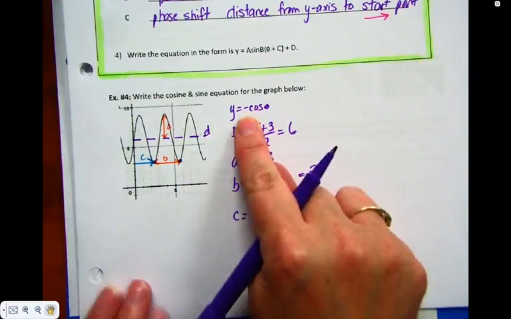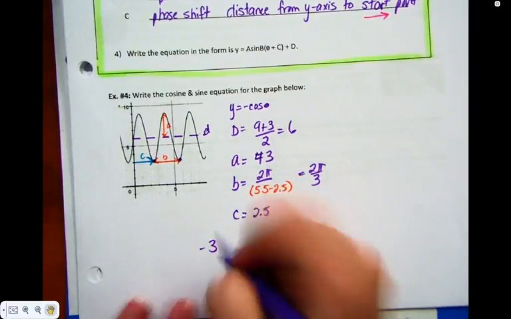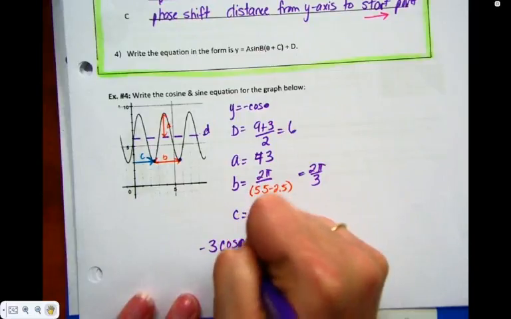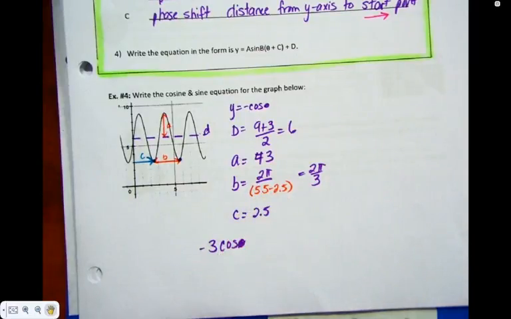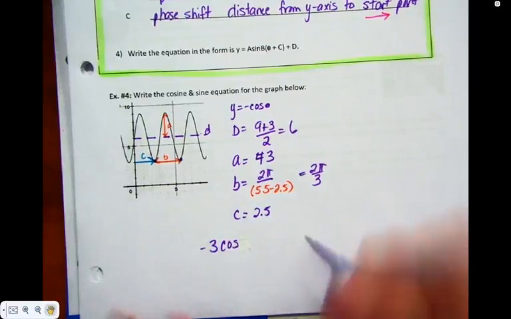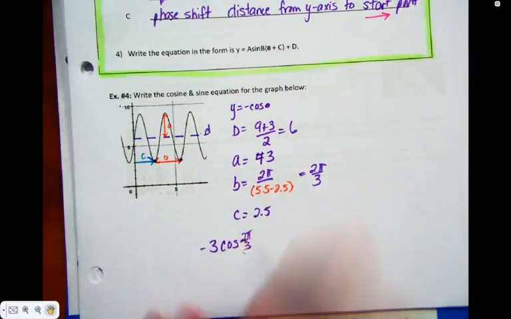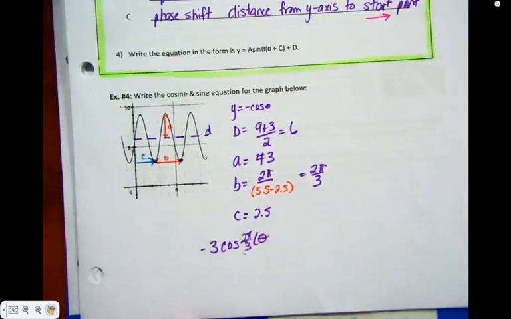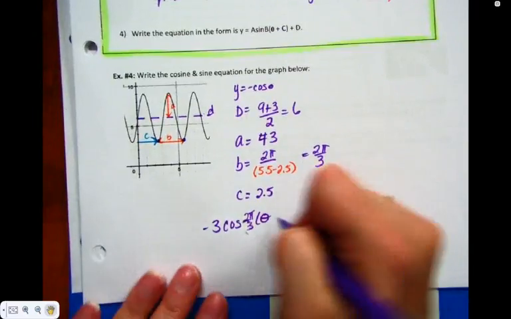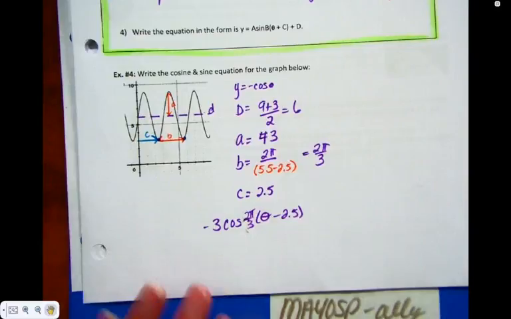Okay, so it's a negative cos graph, so it just means before my A value I'm going to throw a negative in, so negative 3, then cos. I almost put the theta in there. Lefties understand my need to white that out. B gets tucked in the middle, so 2 pi divided by 3. Open a bracket. Theta x, whatever you want. I'm going to theta it up. Why not? C values in brackets. Why is the C value negative? Because it's to the right. And at the end goes